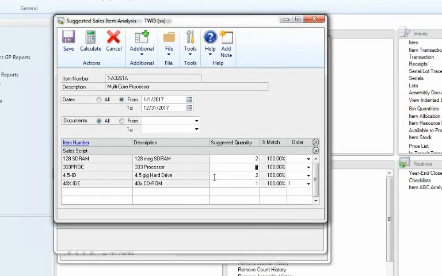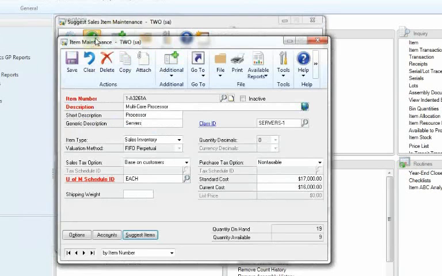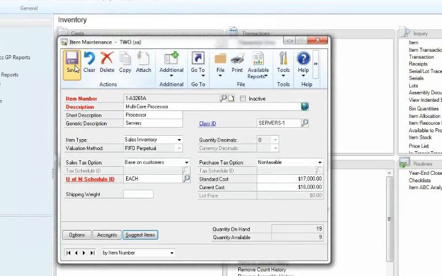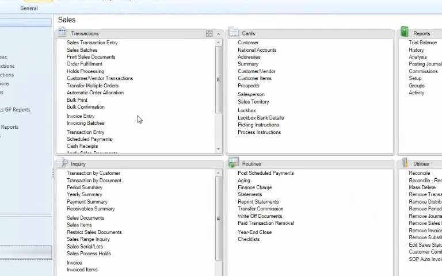So I can say, all right, I want all of these on my suggested items. So I'll just put these on there, give an order, and save that. And so now I have 4 different suggested items. And I can put an extra little script on here: this item is good too, and so on. So if I hit OK and I save that, now when I go to do a sales order,